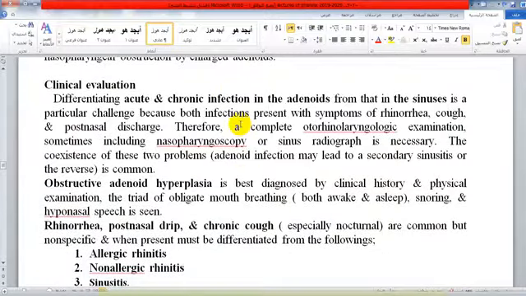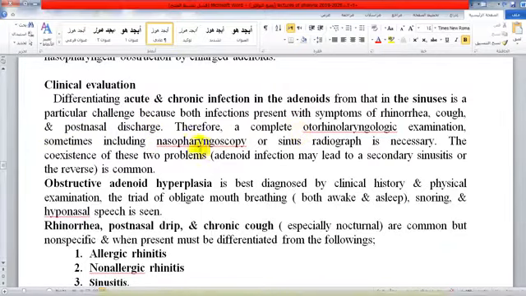Clinical evaluation is very important for any physician when examining a patient, especially a child. Differentiation between acute and chronic infection in the adenoids from that in the sinuses is a particular challenge because both infections present with symptoms of rhinorrhea, cough, and postnasal discharge. Therefore, a complete otolaryngologic examination,